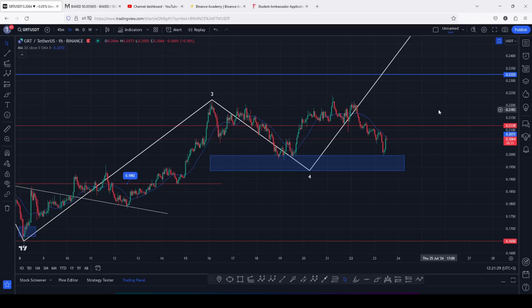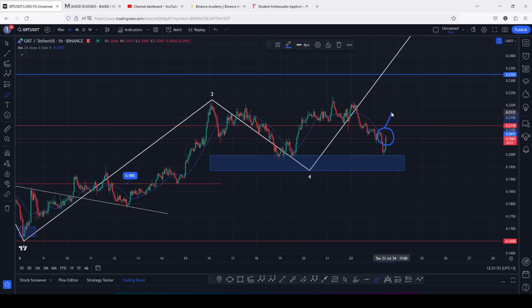GRT at the time of this recording is attempting another bounce to the upside after holding on a key area of support above the 0.2, and it's now attempting to see a break above the 20-day MA here on the 1-hour chart, and the next key area of resistance which perfectly lies above the